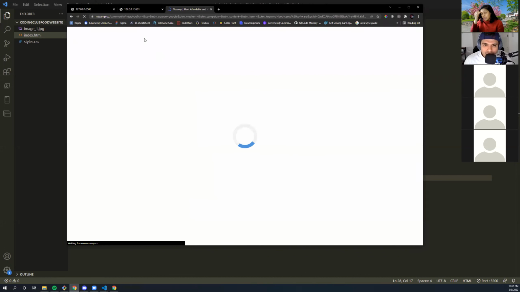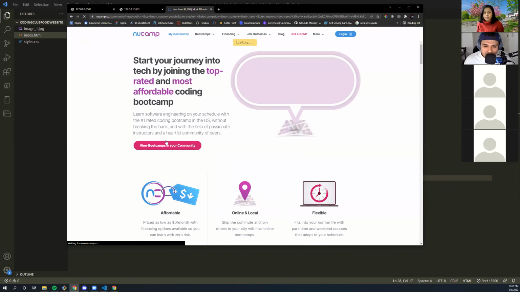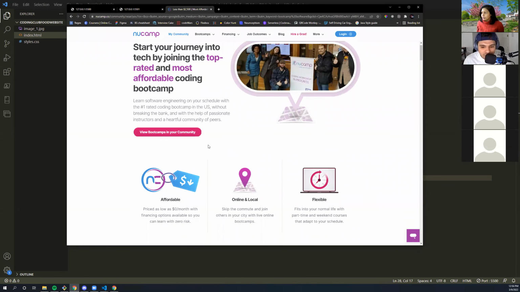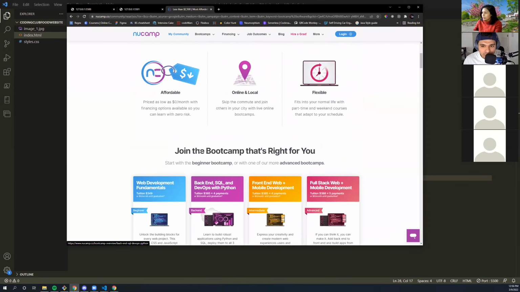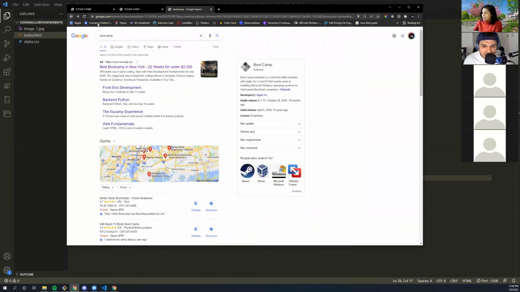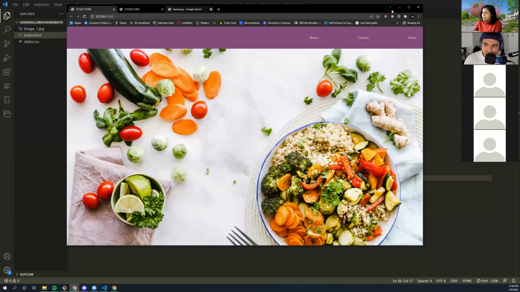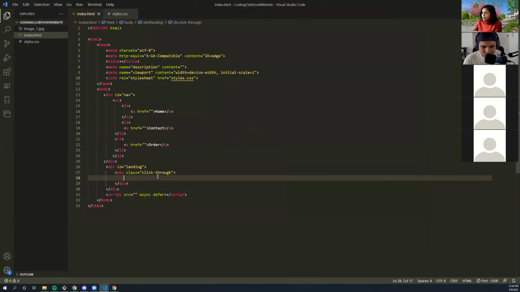We want our customers to be able to click through automatically without losing the customer. So if they have to search around too much to find out how to convert them to a customer, then they're probably just going to press that back button, and it's going to increase something called our bounce rate, right? And the higher the bounce rate, the less likely we are to get higher ranked on Google's index. All right, so we want to make sure that any customer that comes to our website will convert to a paying customer.